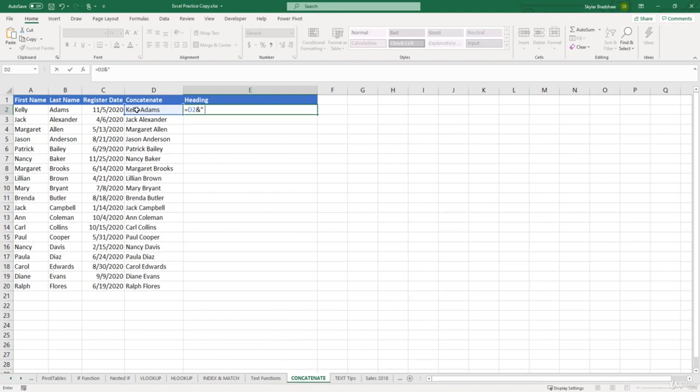And then we can type in please register by, and then another space, close quotes. And now we are trying to combine the date at the end of this sentence. So whenever you're combining, you have to use the ampersand sign, and then we can select the date. And if we click enter, we get Kelly Adams, please register by